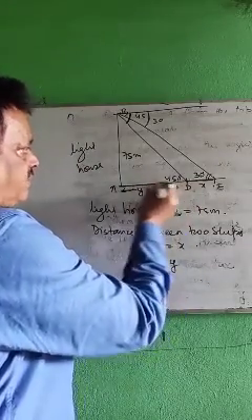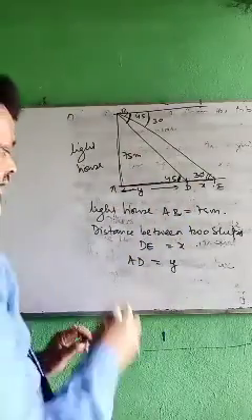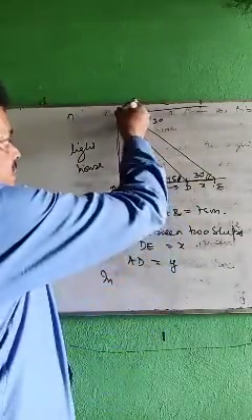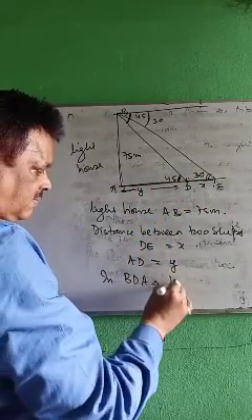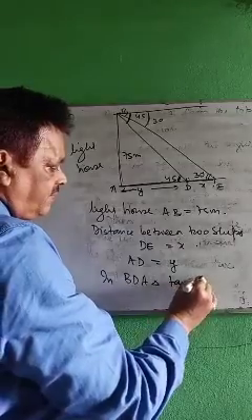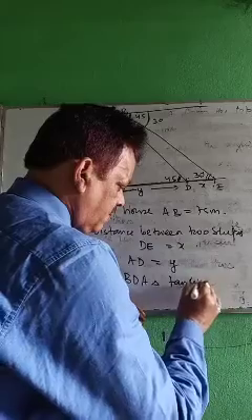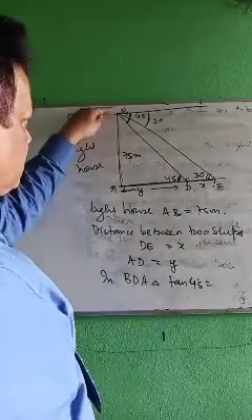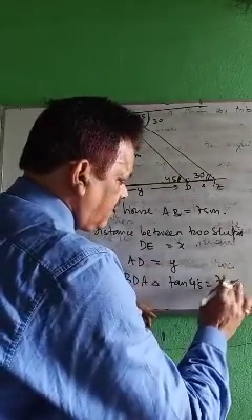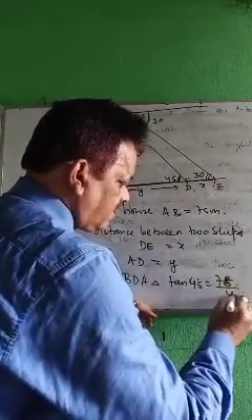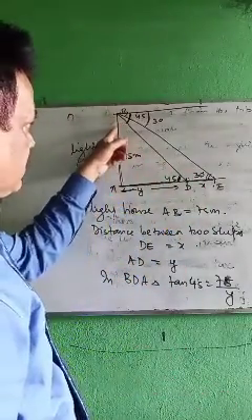So when you take 45 degree angle, this will be perpendicular by base. In triangle BDA, tan 45 is equal to perpendicular 75 by y, 75 by y. Okay, but when you go to 30 degree, you have to take this one, not this one, because always you have to consider the perpendicular by base.